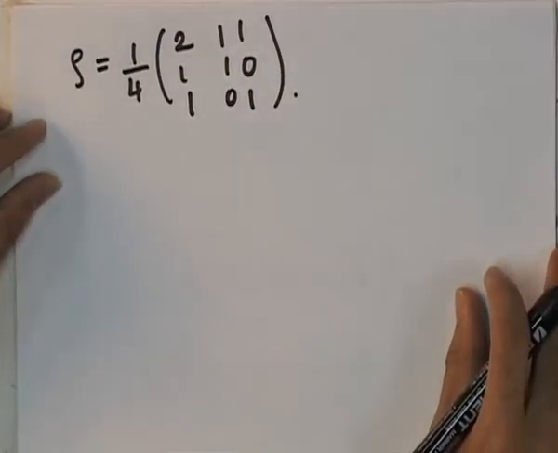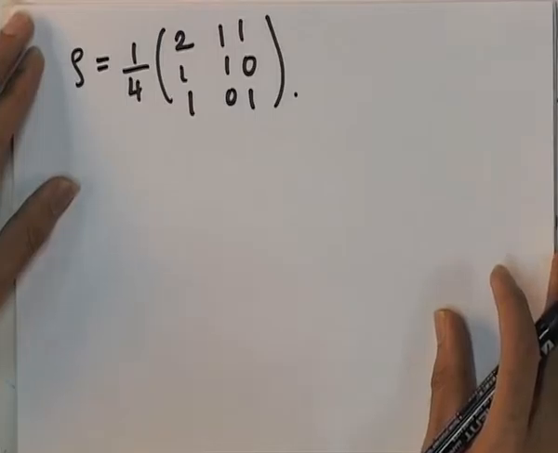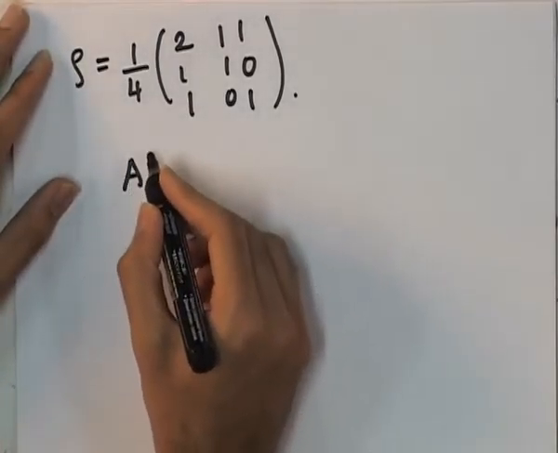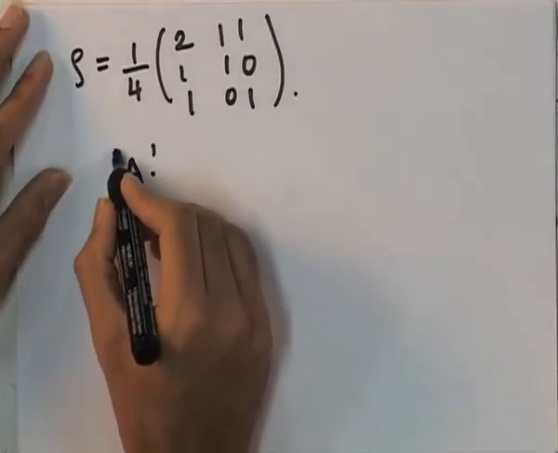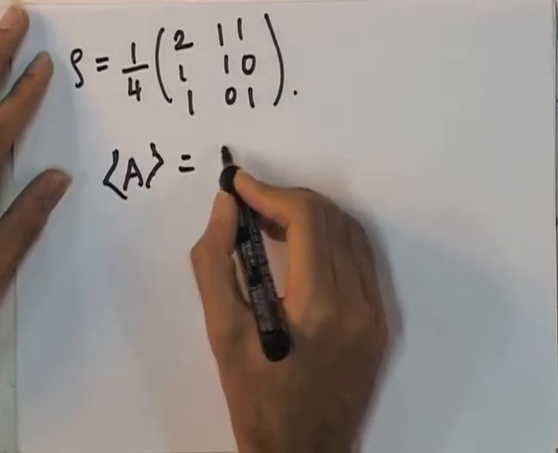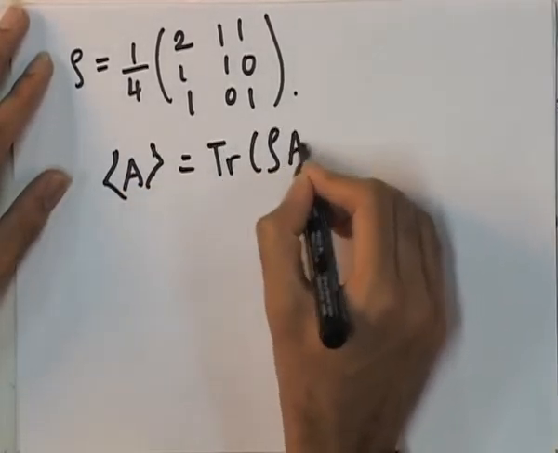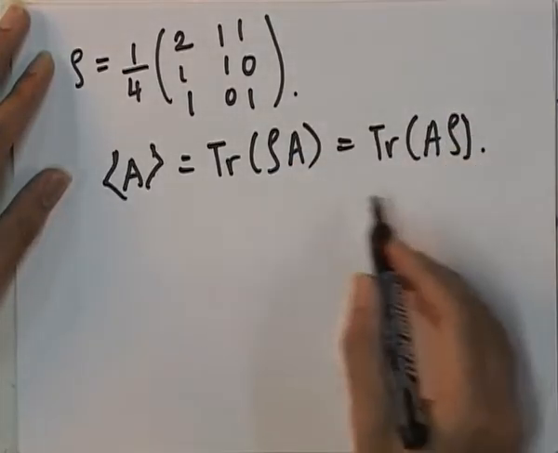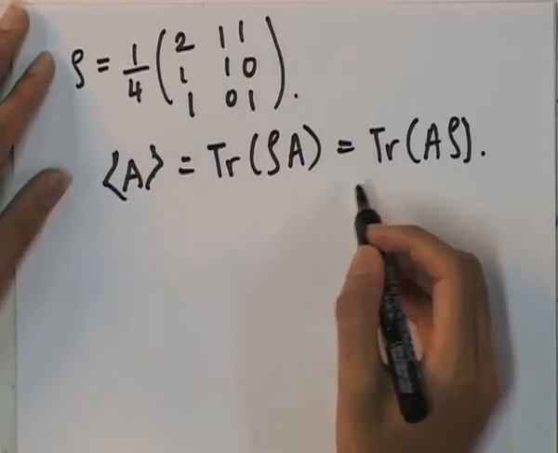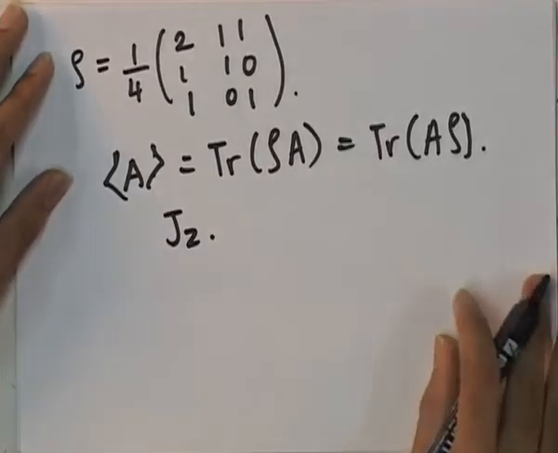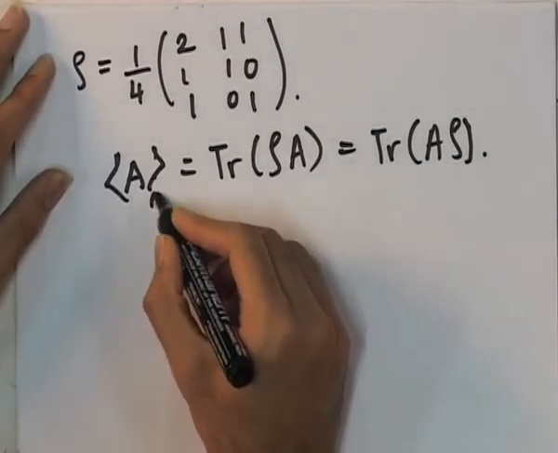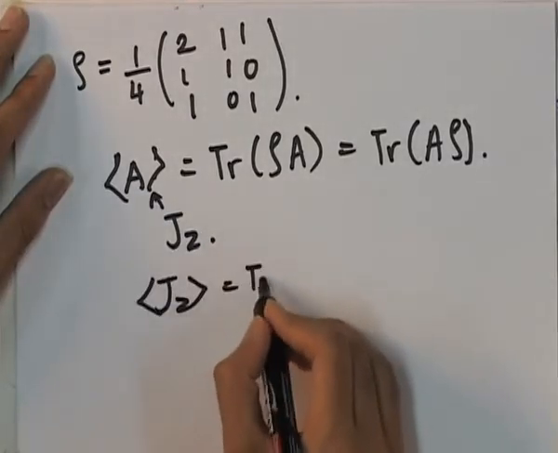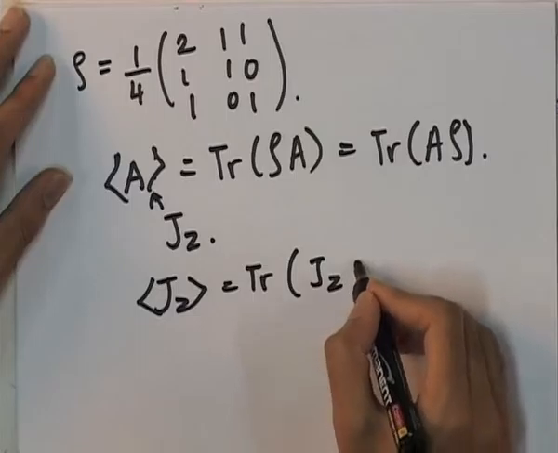Now as discussed in the lectures, we know that the expectation value of any operator, suppose operator A, is given by the trace of rho A, which is the same as the trace of A rho. So here we have to find out the average value of Jz. We just need to replace A with Jz. So the Jz expectation value would be trace of Jz times rho,